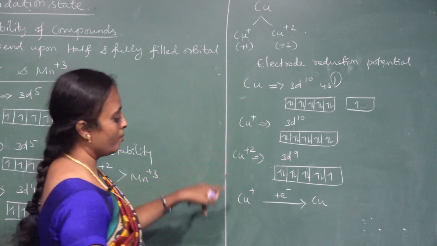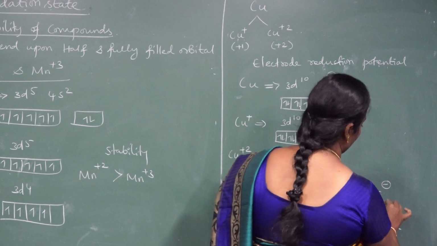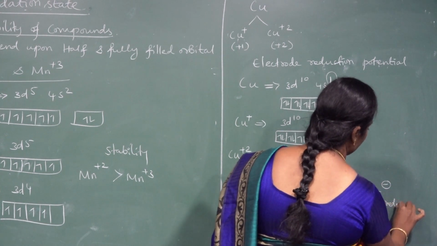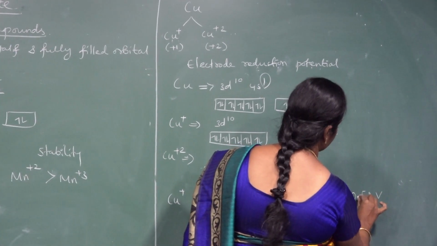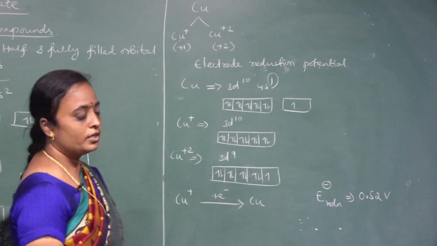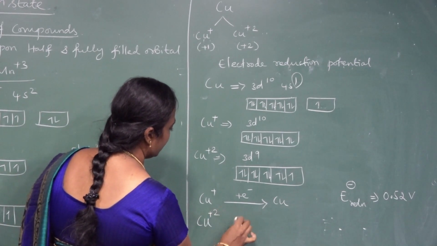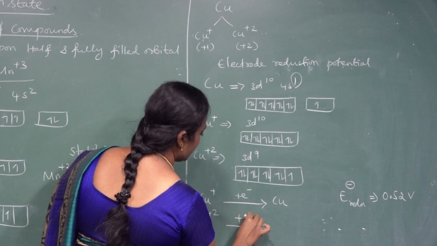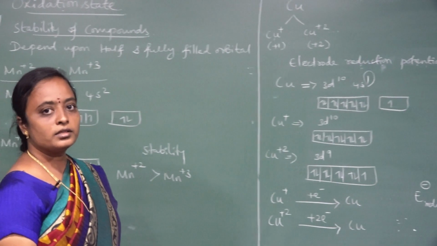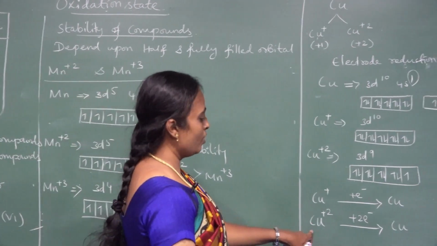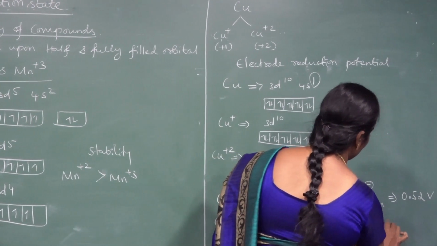That electrode reduction potential, I can give you 0.52 volt. And Cu plus 2 is reduced by getting 2 electrons, it is reduced into copper. How are you going to reduce? That electrode reduction potential value will be